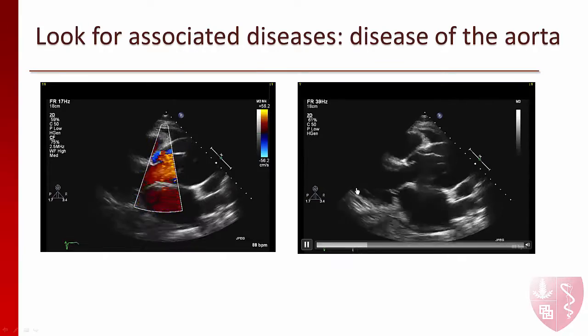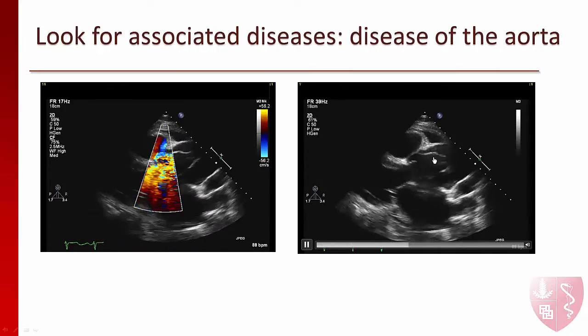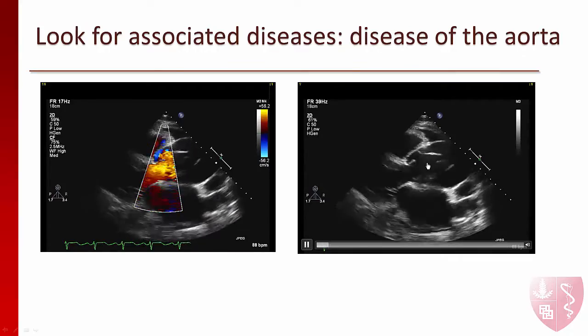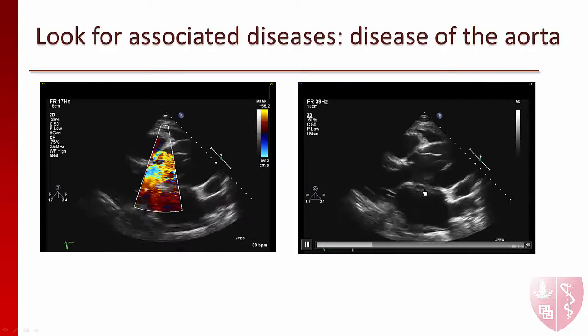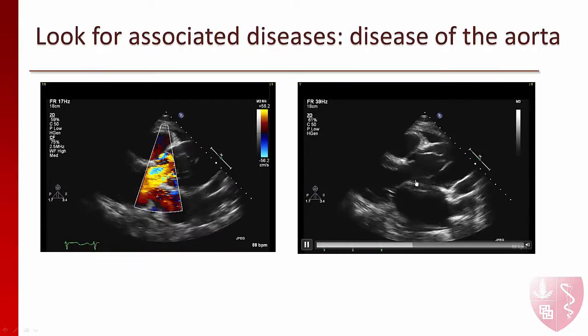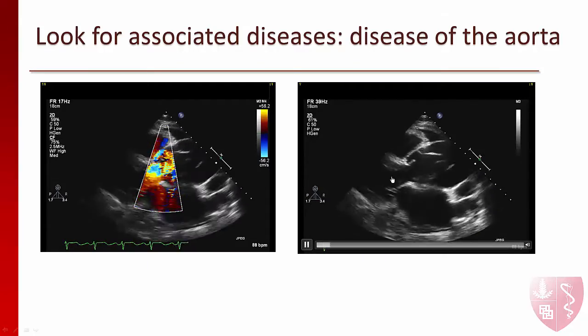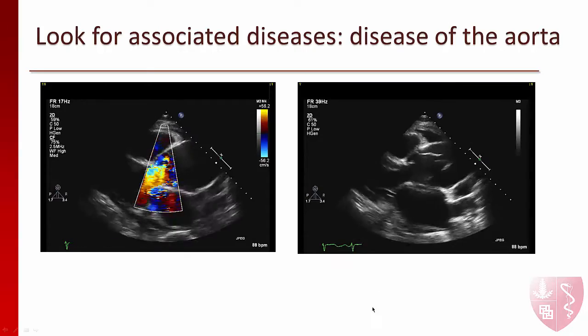But if you look on the 2D images, you will see that the aorta is very dilated, and that you have a structure floating in the aorta, which corresponds to the aortic dissection. Okay, the dissection thread coming through the aortic cusps during diastole prevents the effective closing of the aortic valve.